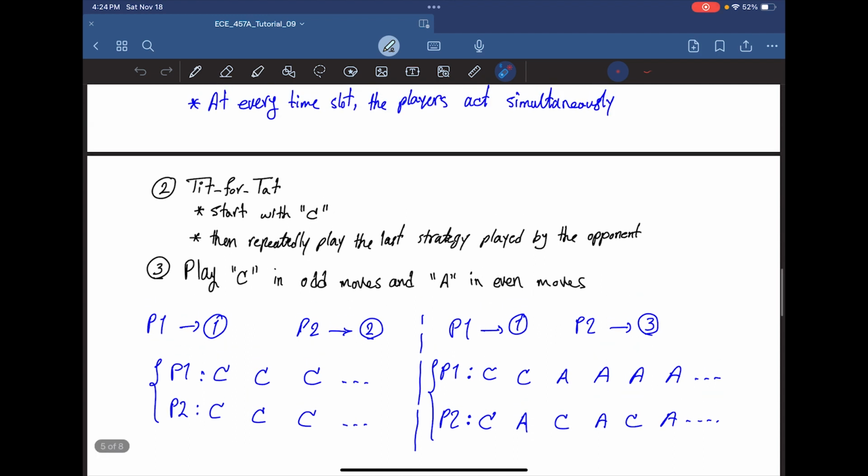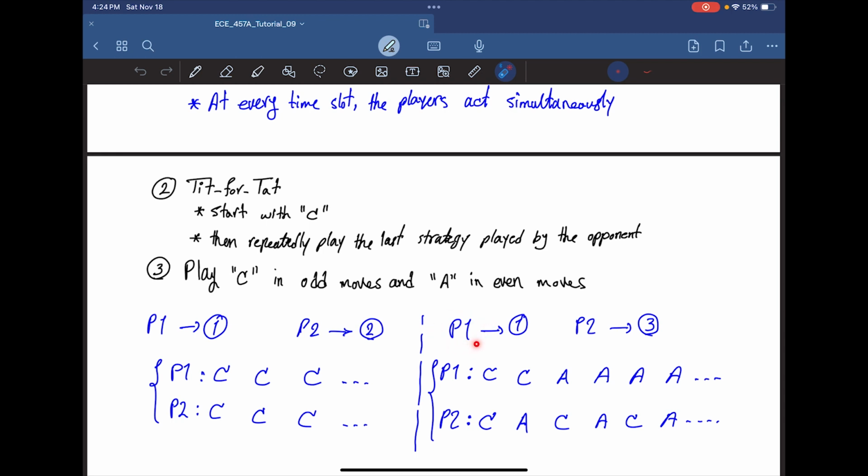Now here is another game. Let's say that player 1 plays Grim and player 2 plays strategy number 3, which says to play C in odd moves and A in even moves. So for player 1, it's Grim, so player 1 chooses action C. For player 2, it's strategy number 3, so it says to play C in odd moves. This is the first move, number 1, so it's odd, so it plays C. And for the next time slot, the next move,